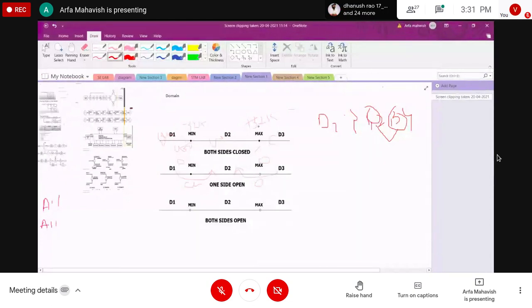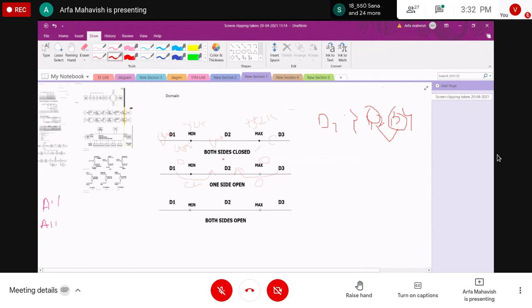The D1 value will be present at this point, but the D2 value is not present at this point, on the minimum side. And at this point over here, D3 values are present, but D2 values are not present. So this is both-side closed.